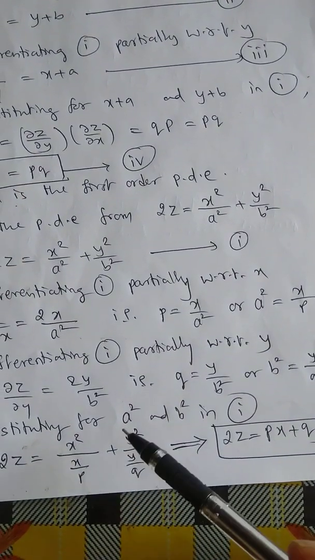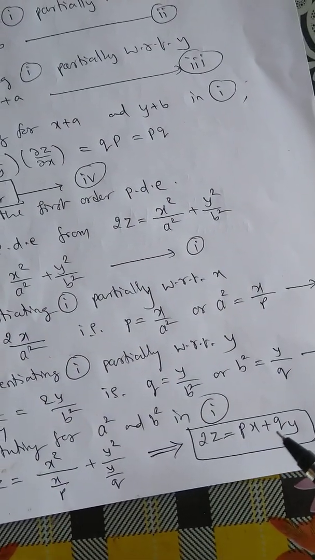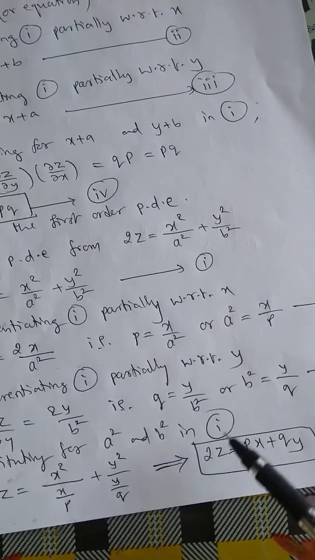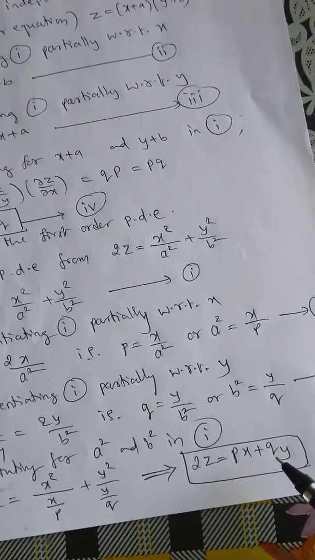So x square by a square plus y square by b square. Simplifying, we have 2z is equal to px plus qy. This is the partial differential equation. So 2z is equal to px plus qy is the solution of